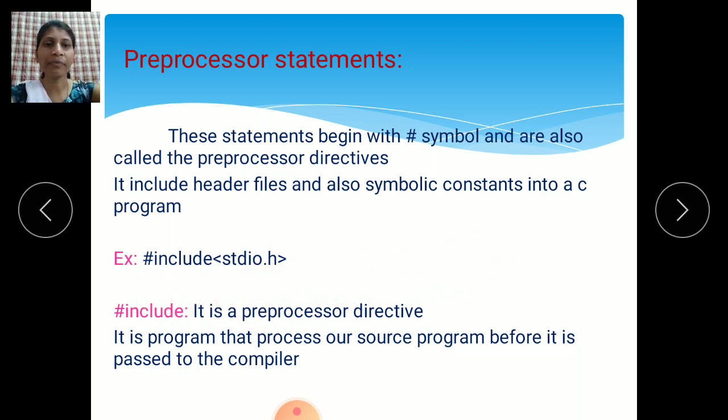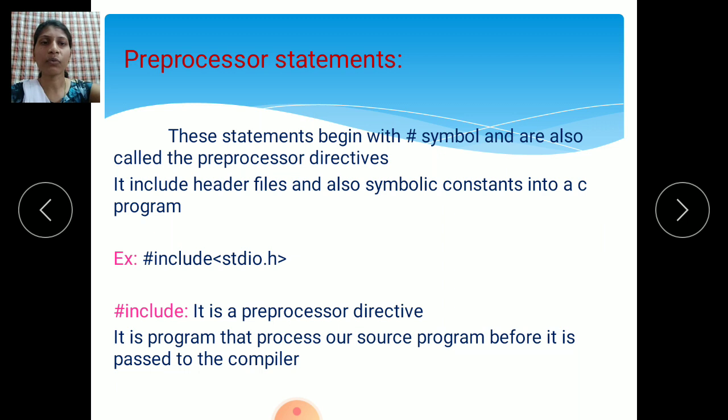It is a program that processes our source program before it is passed to the compiler. Here, compiler means what? The computer doesn't understand English-like language, meaning whatever English-like statements you have written in your code, the computer doesn't understand. The computer only understands binary language, meaning 0 and 1.